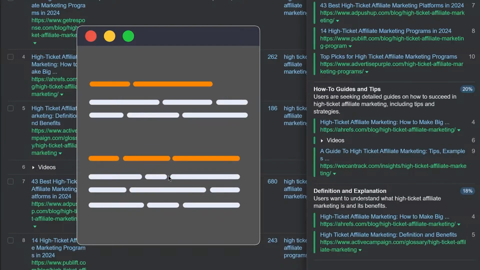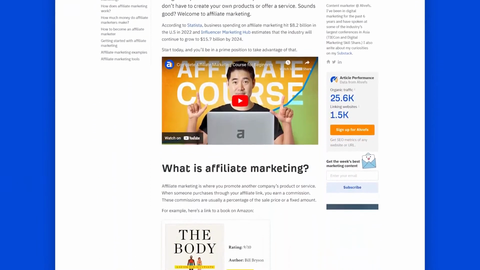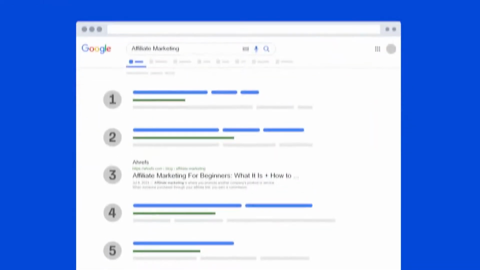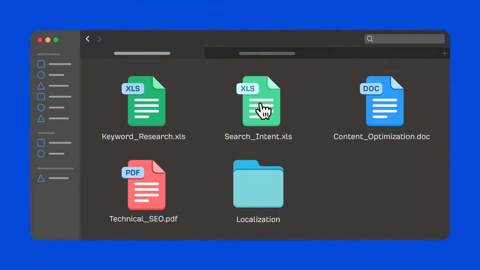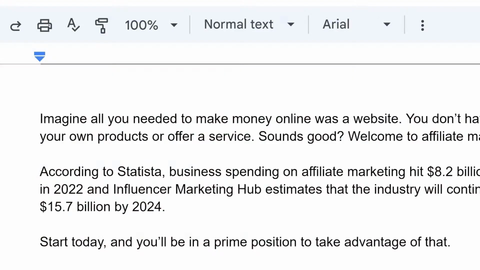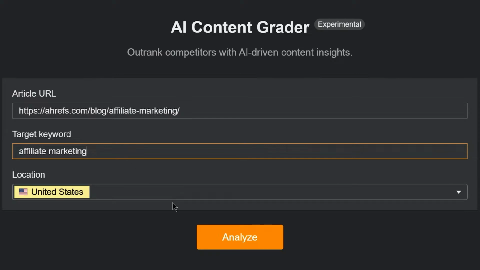The choice is yours. Fast forward, you already wrote an article based on the previous keyword research. It's ranking, hooray! But you can do better. What kind of optimizations should you start with though? Just plug in the article's URL into our AI content grader, along with its primary keyword and target country, and